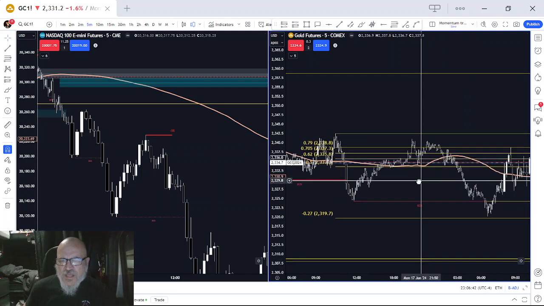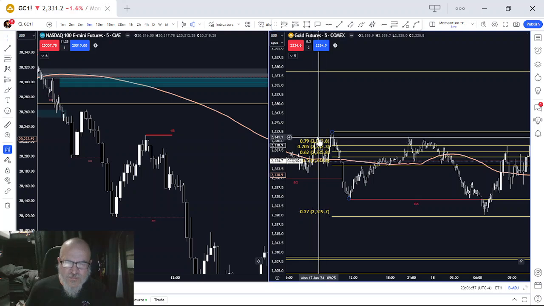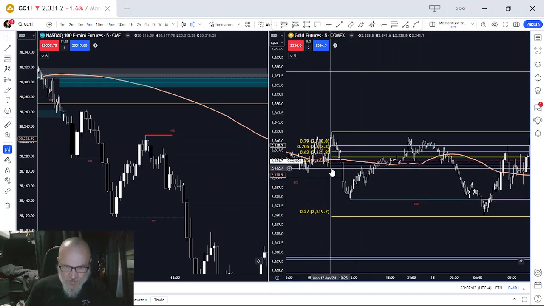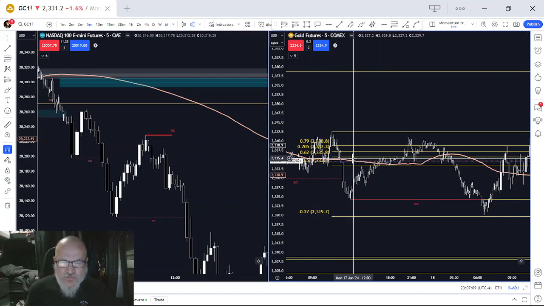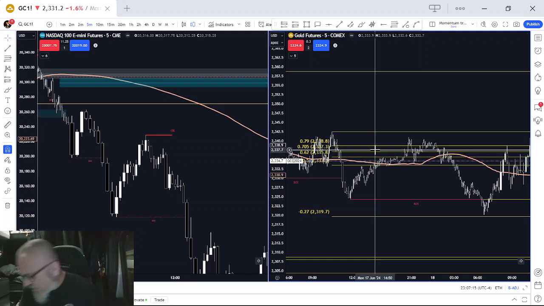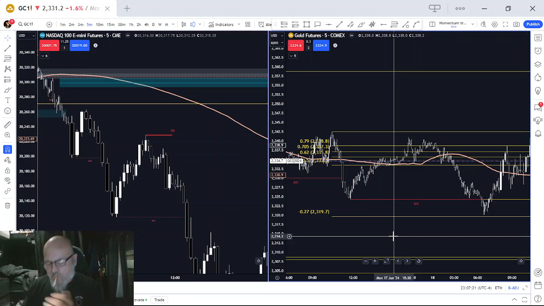But if you put that order in, anytime you see displacement that breaks structure, that broke this low right here. Okay, so it pushed up, grabbed liquidity. Even if it didn't break this high and it pushed down hard like this and it broke structure, not just that low, but this low as well, I'm still going to put a fib up and I'm going to trade it if it comes back up to the 6.2 or 7.05. Okay. And I'll show you that in a minute.